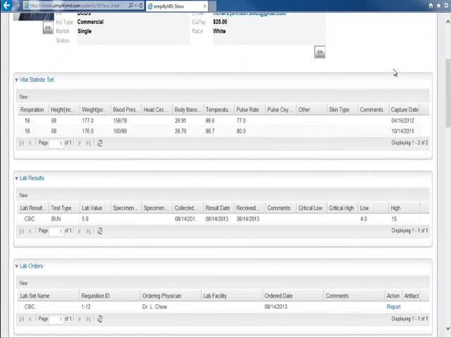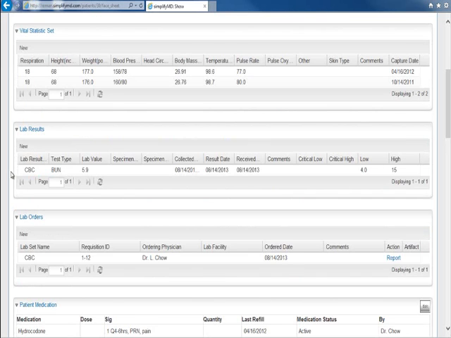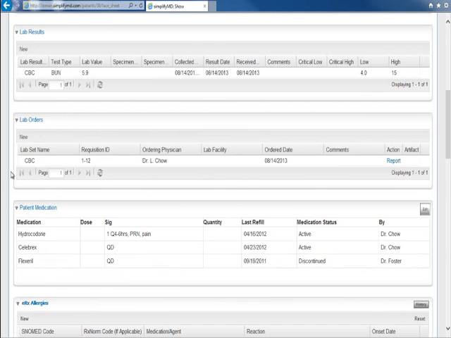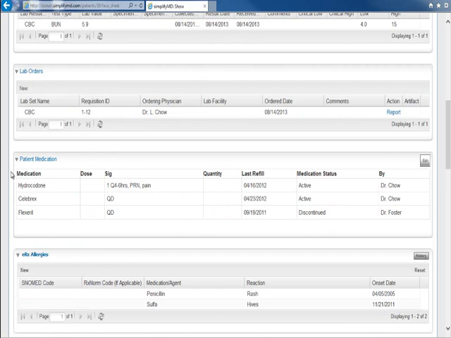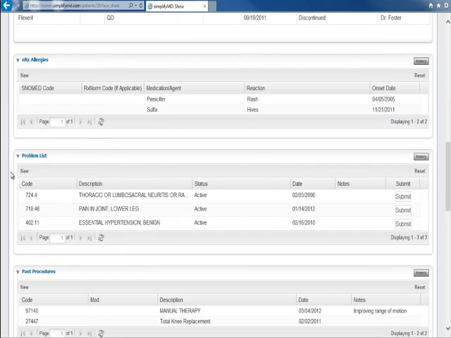As we scroll down, we have these gray boxes. We refer to these as widgets. This is where your nurses, staff, or yourself can add any information into the system. So as an example, your nurse could easily come in, hit new, and add new vital statistics. They could review the labs, any orders, update any medications for the patient, as well as review allergies, problem list,